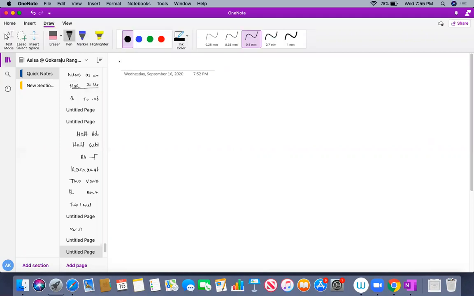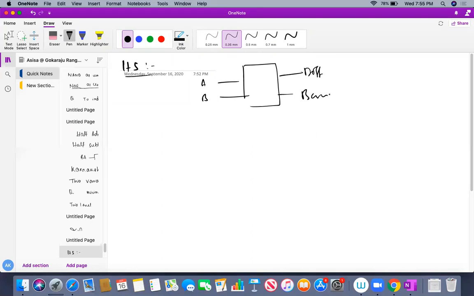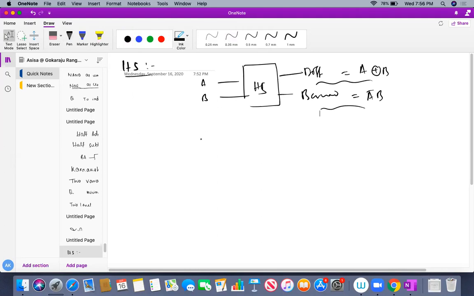So we are at the half subtractor. What have we discussed about the half subtractor? The half subtractor subtracts two binary bits, A and B, and it provides us a difference and a borrow. The difference is A XOR B, and the borrow, we have seen, is A bar B. So this is by logical expressions. Next, we saw one special circuit with control logic, showing how we can design both a half adder and a half subtractor with the help of a control input.